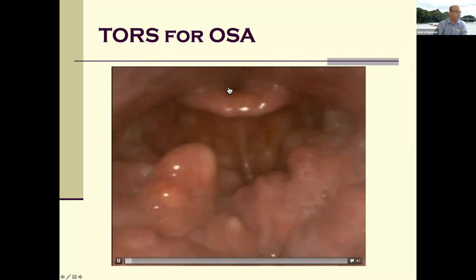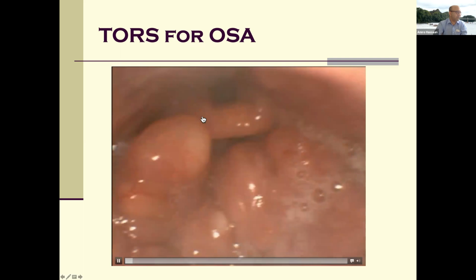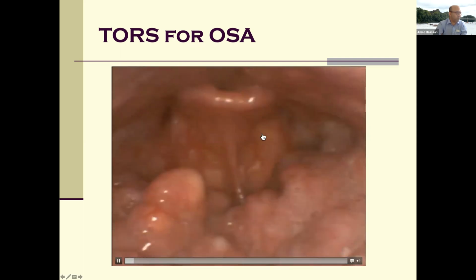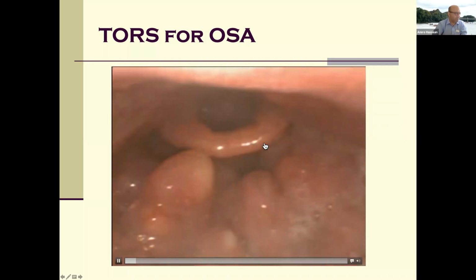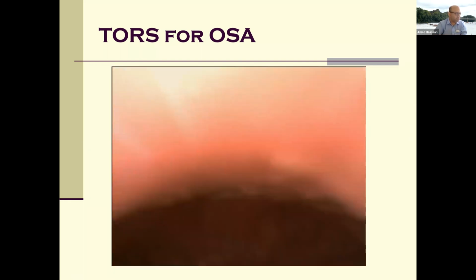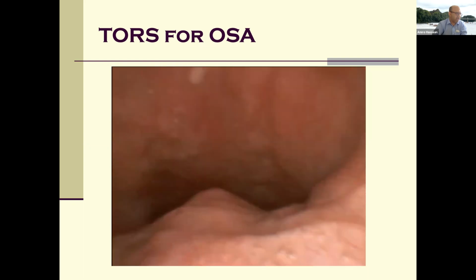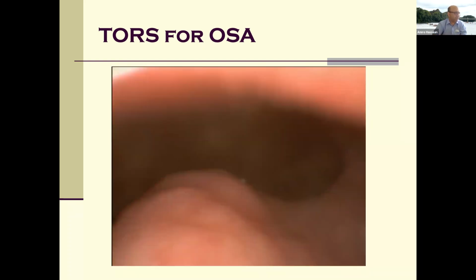In fact, it's so tiny that they're completely obstructing. That epiglottis is causing a trap door effect, which is completely obliterating the airway. So every time this guy falls asleep, they block off, and that's it. They're going to have an AHI of 60, 80, even more, and really they're going to be very tired, and they're going to have quite significant comorbidities as a consequence.